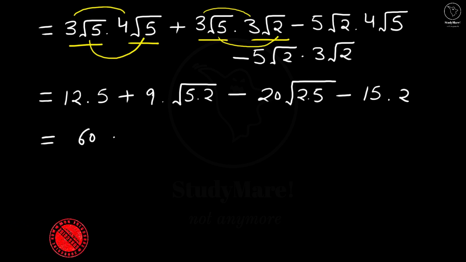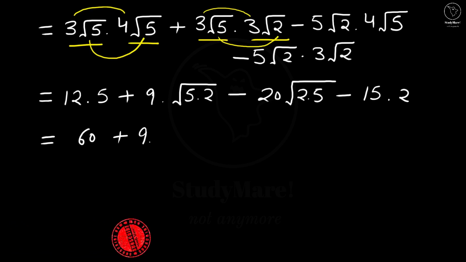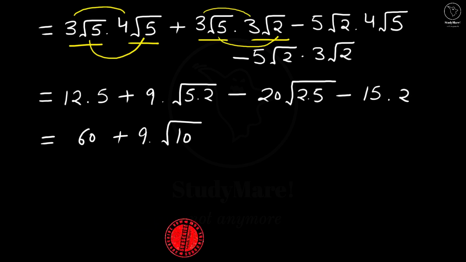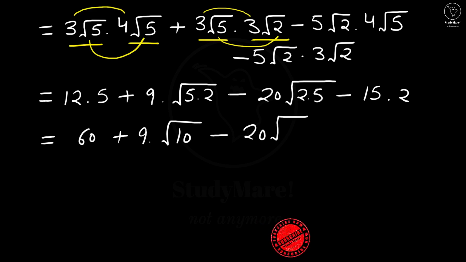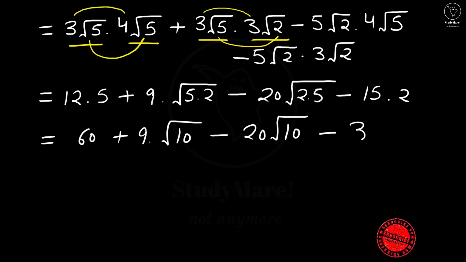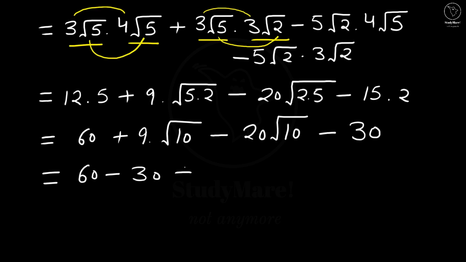60 plus 9 into root of 10 minus 20 into root of 2 into 5 is 10 minus 15 into 2 is 30, which is equal to, let's collect the integers together, that is 60 minus 30 and the number with roots together, which is 9 root 10 minus 20 root 10,